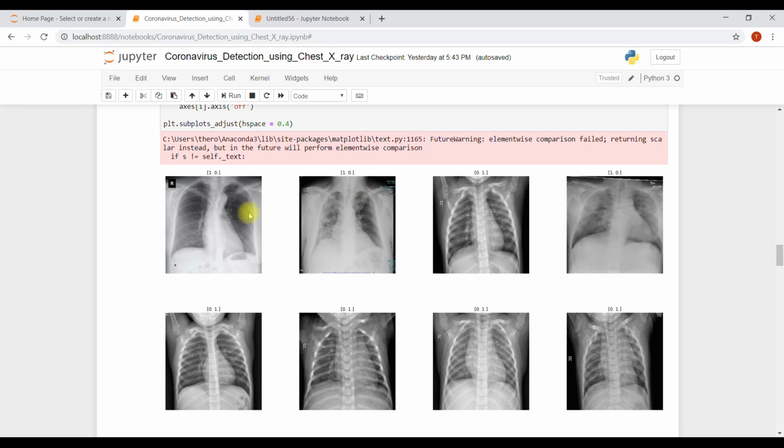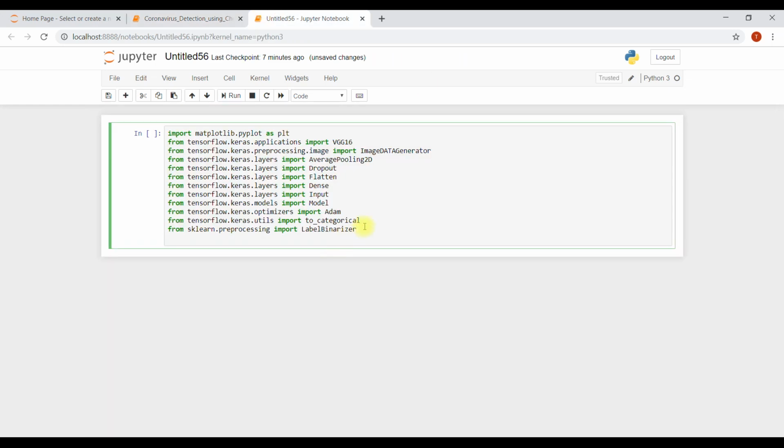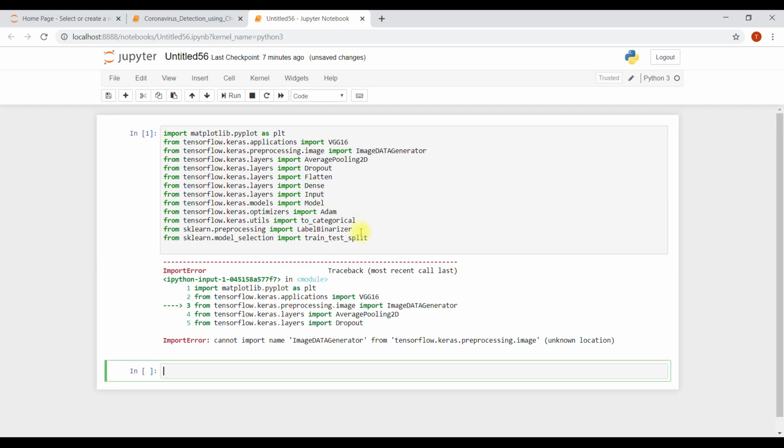For corona type we're going to have 10, and for normal chest images we're going to have 01. That's going to be done using label binarizer. And from sklearn dot model selection, we're going to import the last one, train test split.